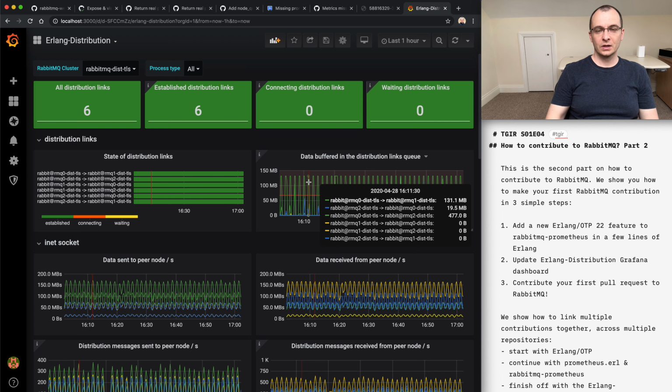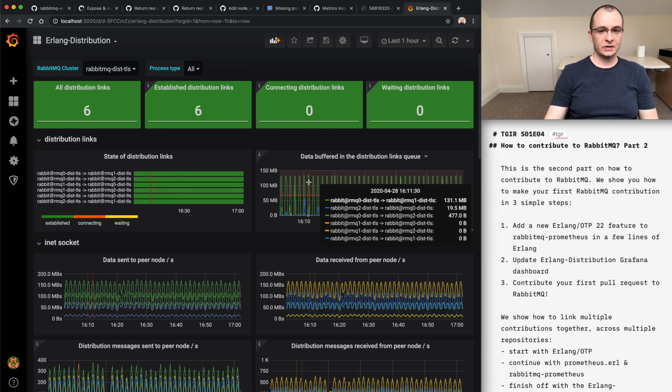And when data gets buffered, things start slowing down. So you may have experienced a RabbitMQ cluster that is slow to respond to commands. Maybe the RabbitMQ management takes a while to load. When that happens, typically it has to do with data getting buffered in the Erlang distribution channels, Erlang distribution links. And before that, you couldn't see that it was happening. With this panel, we will be able to see when we have reached the limit of the distribution buffer busy